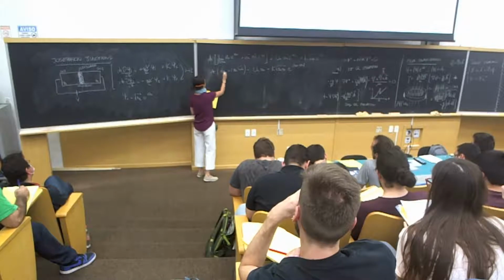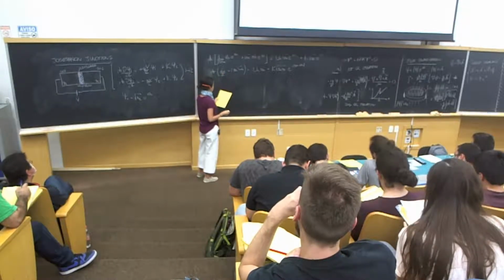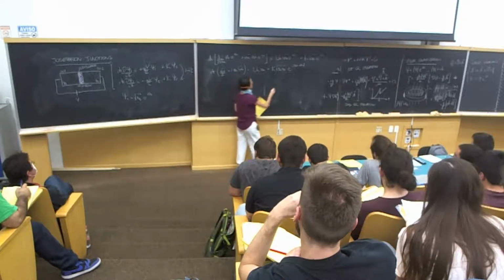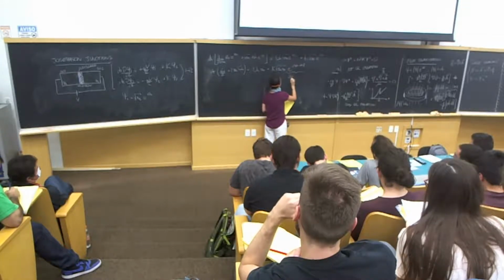And the result over 2. So this is nothing but cosine